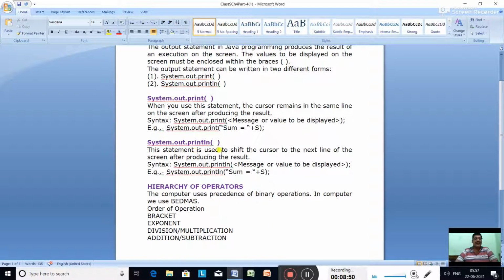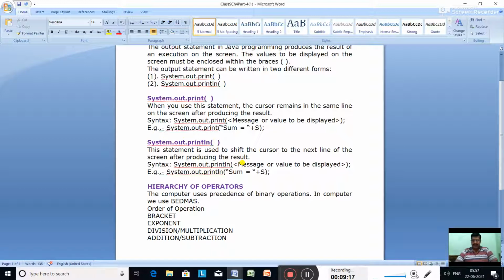The System.out.println statement is used to shift the cursor to the next line of the screen after producing the result. So it prints the value and changes the line. In case you use multiple print statements with println, each value will be displayed on a different line, not in the same line.